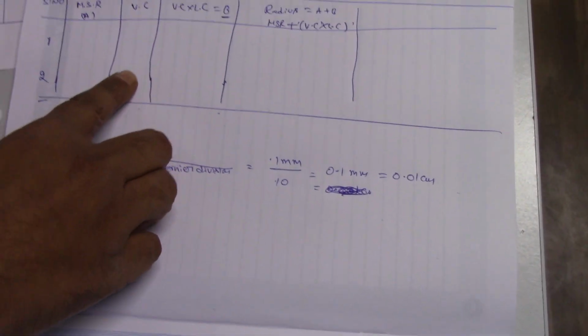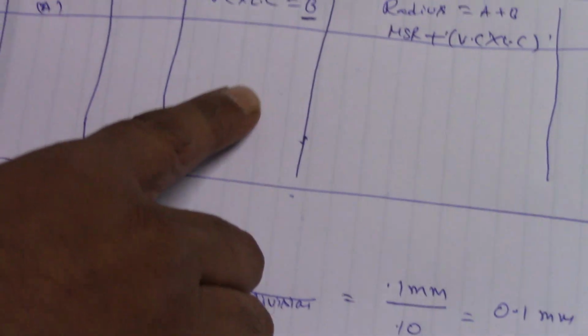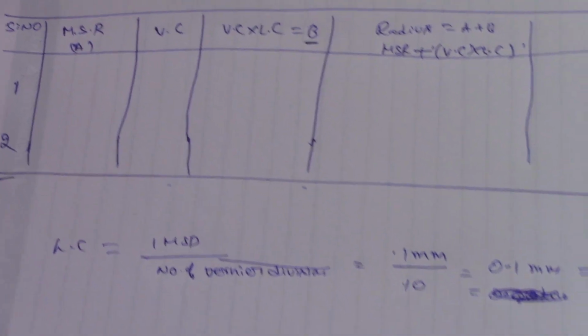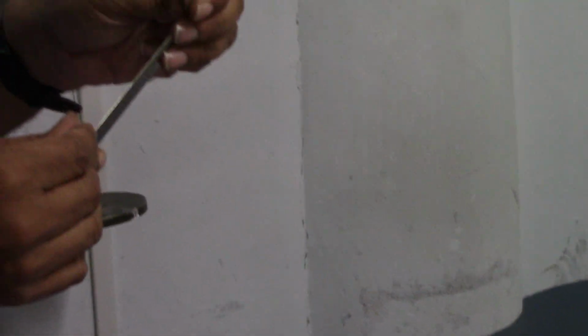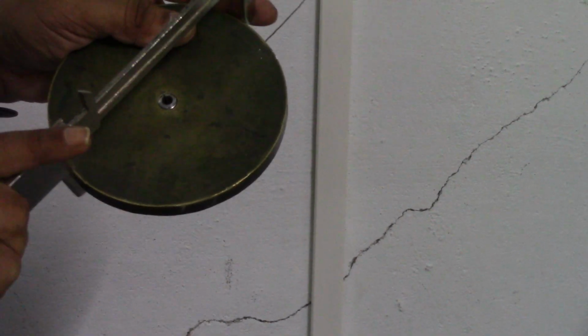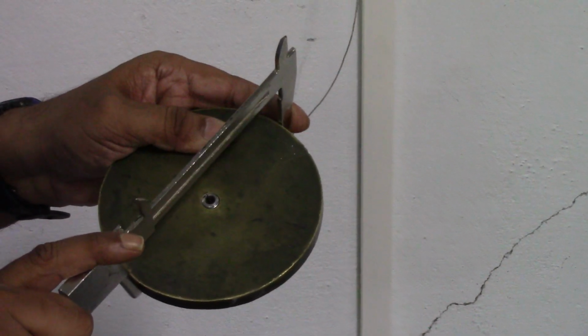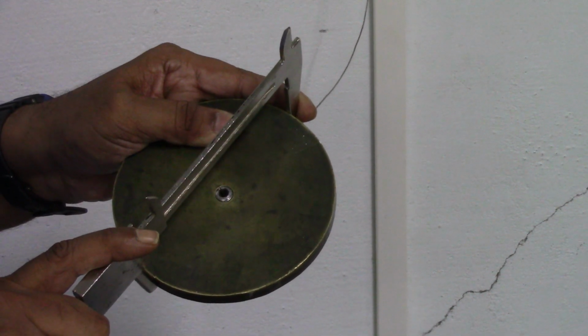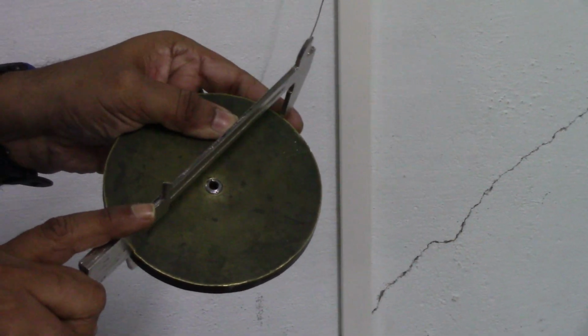So how to measure the radius of the disc? We have to measure the radius of the disc by using the vernier calipers. I already introduced you, this is the vernier calipers. Place these two jaws here like this. Insert this brass disc in between the two jaws along the diameter. Okay. So now